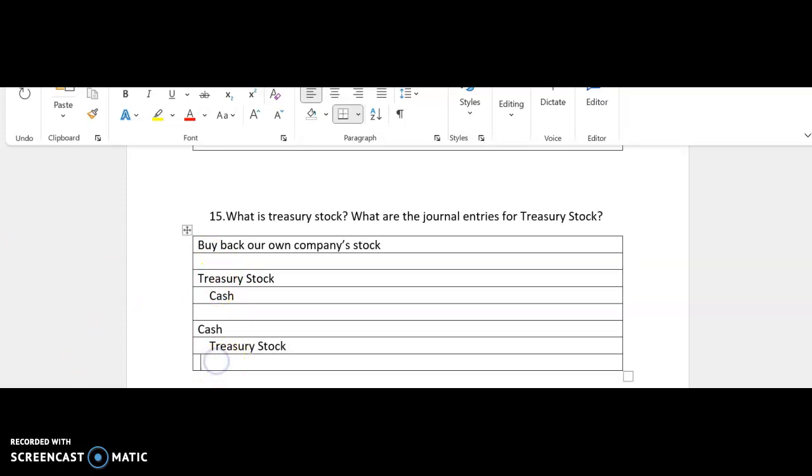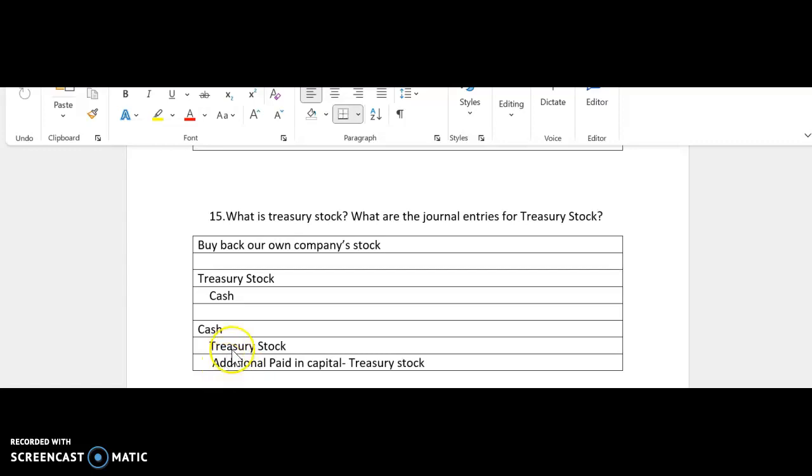And then anything over that amount will go into additional paid in capital Treasury stock. Okay, so for the cash amount here, you take the number of shares times the actual per share amount you got. Then for Treasury stock, you'll take the number of shares that you got times the original amount that we bought them back for. And then the rest will go into additional paid-in capital Treasury stock.